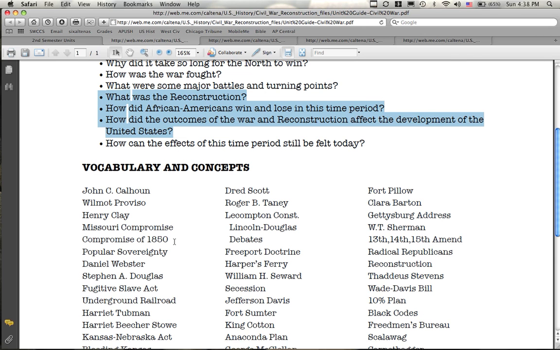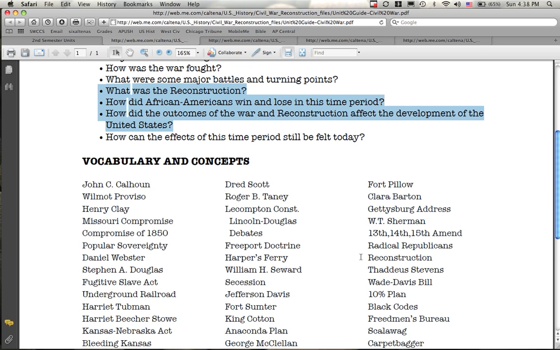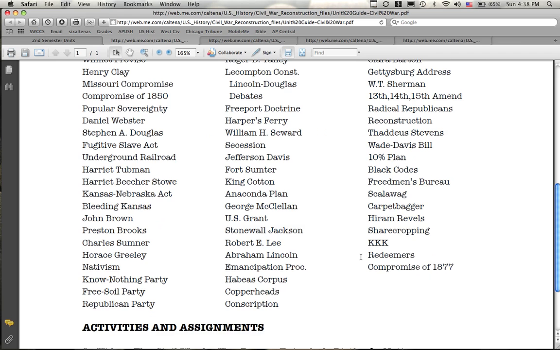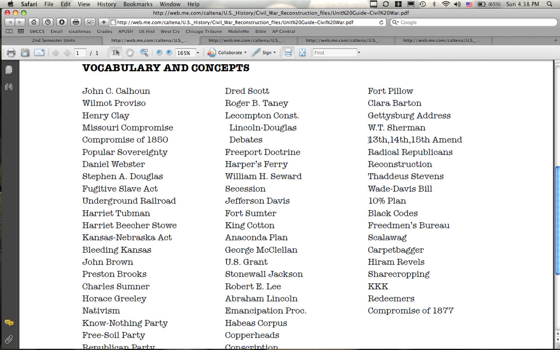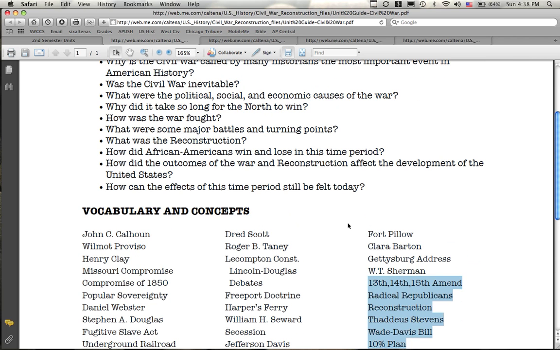acknowledge are the different plans. Know the different plans. We had a sheet, a chart that showed the different plans. So we had the Lincoln Plan and the Johnson Plan and the Radical Republican Plan. So basically these terms here are the ones that you need to know, with the exception of we got rid of Hiram Revels, for instance, in sharecropping. So the Reconstruction plans, the